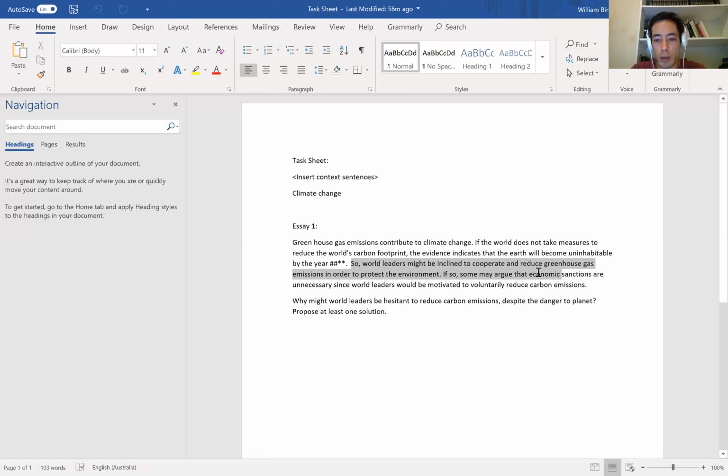Okay, and this part here, I've decided at least that I don't agree with it. Some world leaders might be inclined to cooperate and reduce greenhouse gas emissions in order to protect the environment. And if so, some may argue that economic sanctions are unnecessary. Well, I didn't reason too much about sanctions, but I at least decided that I don't think they're going to voluntarily reduce it, even though it seems so obviously straightforwardly the case that they should, because the environment is in danger. Okay, so I'm going to stop sharing that,